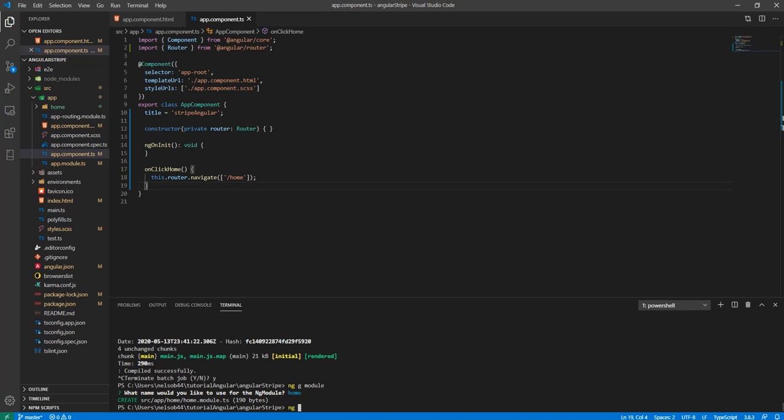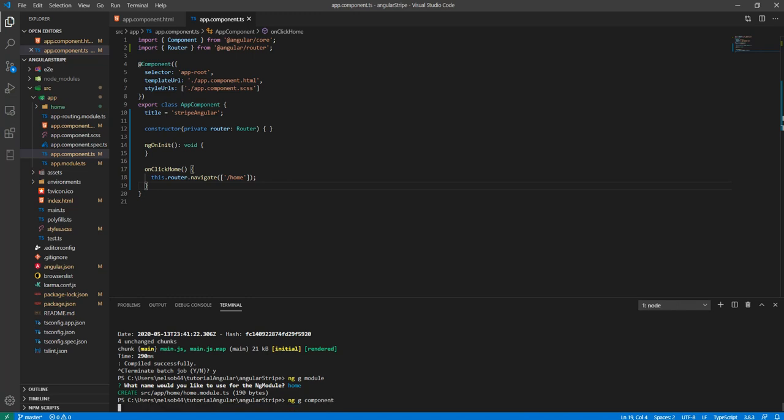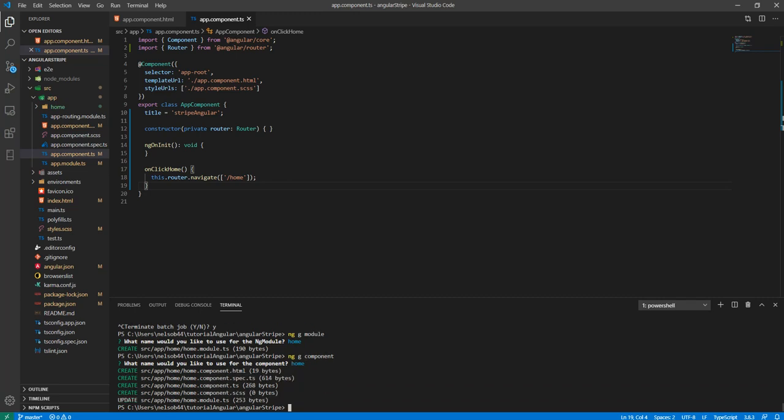So we say ng generate component, and what we want to name this component is also home. So that goes into the home folder,